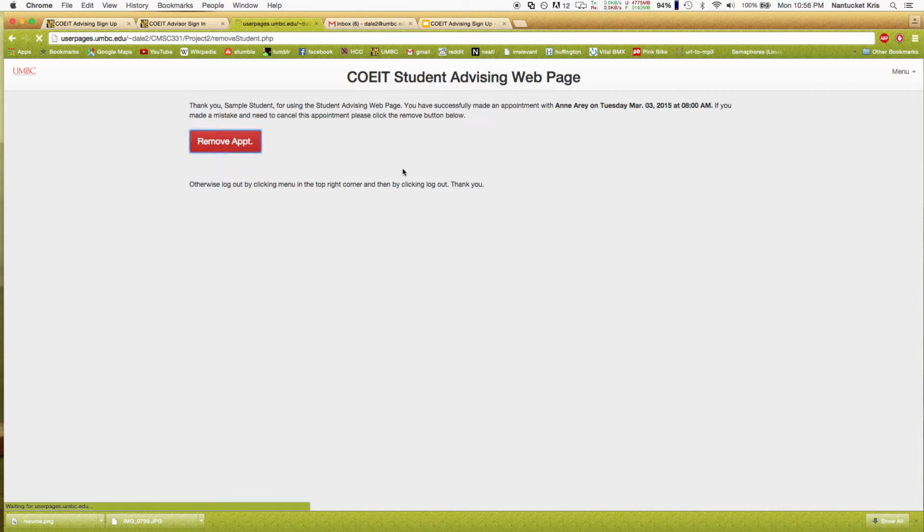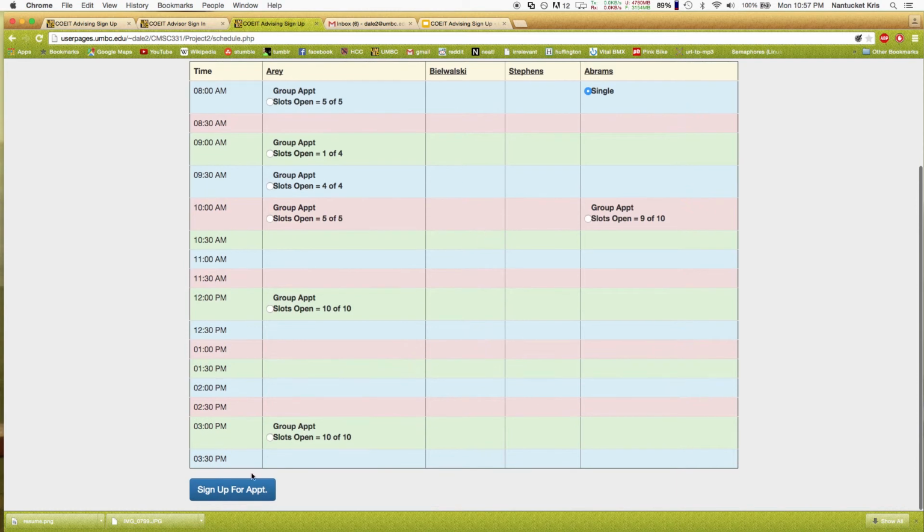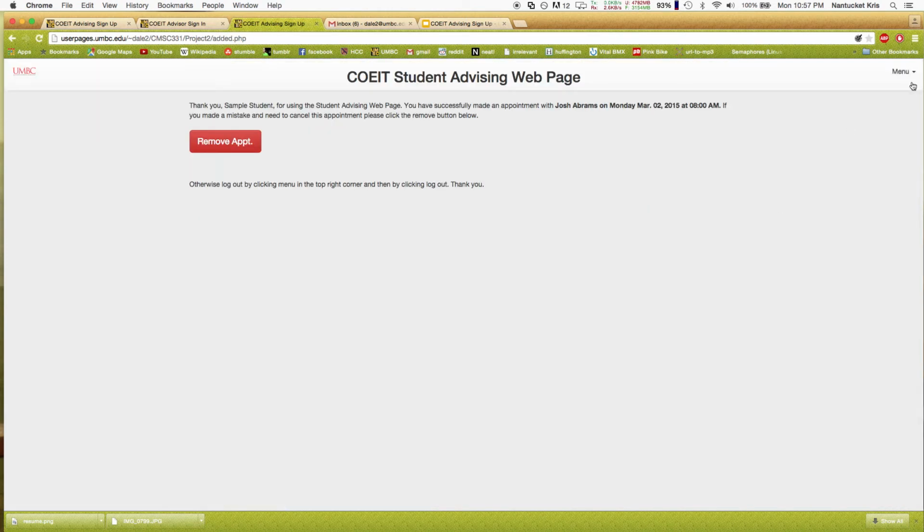So we'll just show you that real quick. We're going to remove the appointment, and now we also have the option to look up another appointment if we care to. So we will just do this appointment right here, sign up for it. And if we're satisfied with that appointment, we don't want to remove it, it was a mistake, we can log